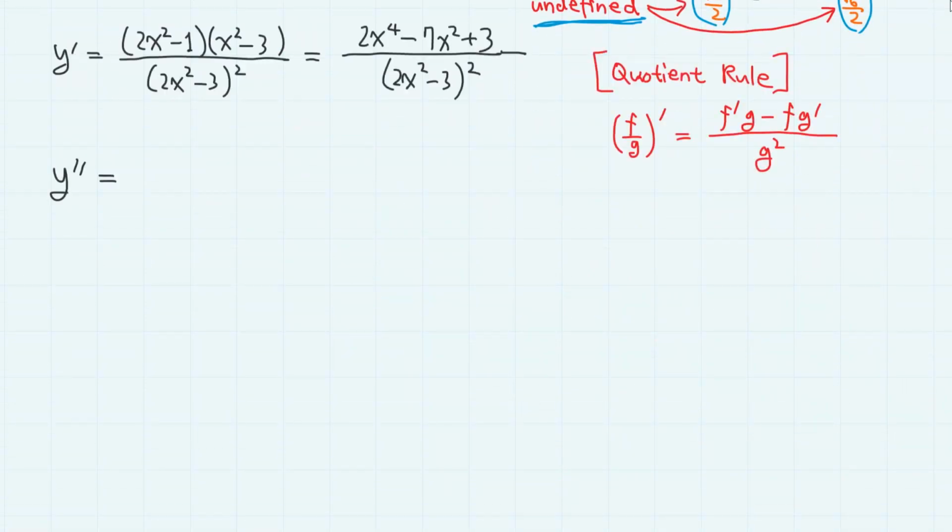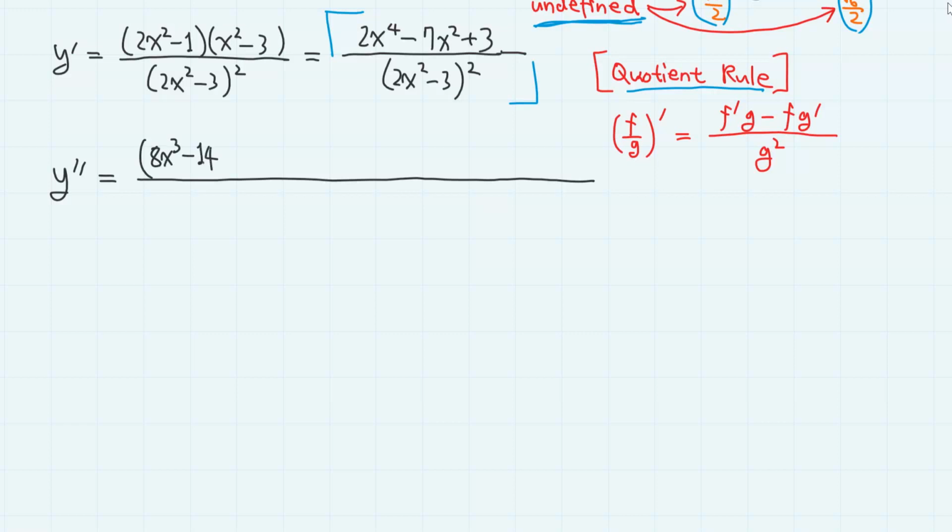And now the second derivative. Let's use this expression of the derivative because it is the simplest form to apply the quotient rule. Using the quotient rule again, the derivative of the numerator, so 4x cubed minus 14x, times the whole denominator, 2x squared minus 3, minus the whole numerator, 2x to the power of 4 minus 7x squared plus 3, and the derivative of the denominator, so the power 2 comes to the front, and 2x squared minus 3, and by